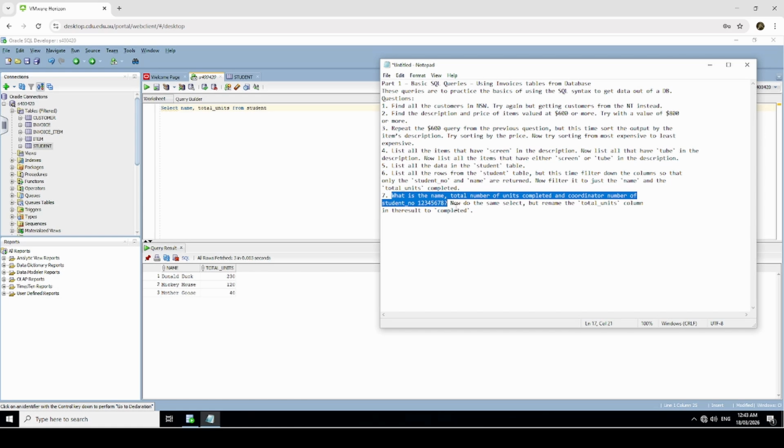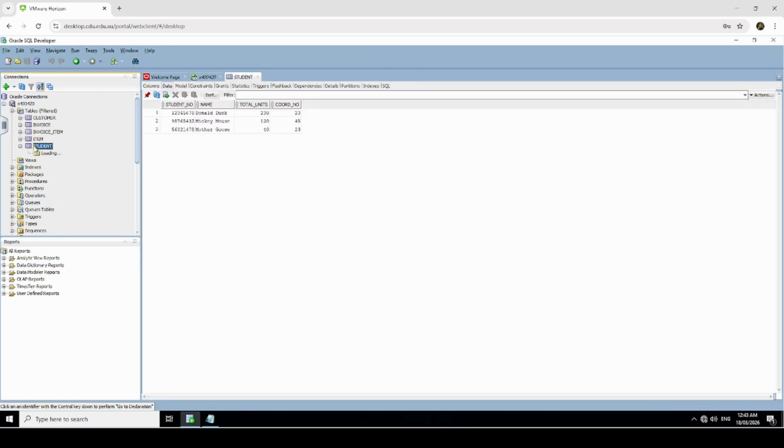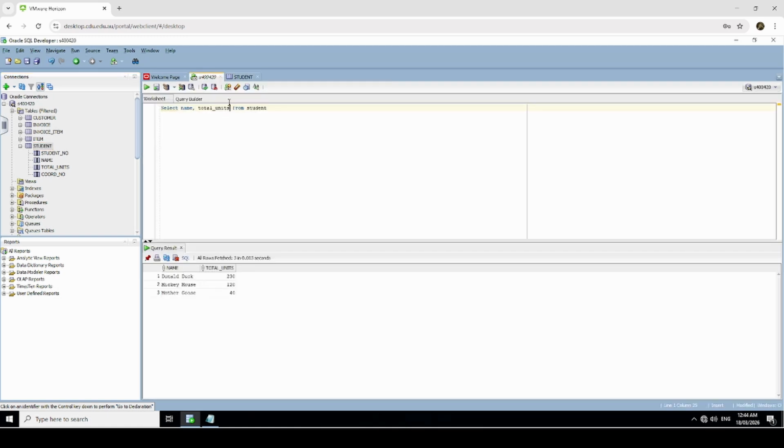Firstly we need to show the name. Are we showing the name right now? Yes. Total number of units completed, if we look at the table, it's also shown, and